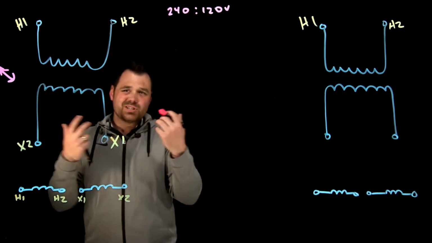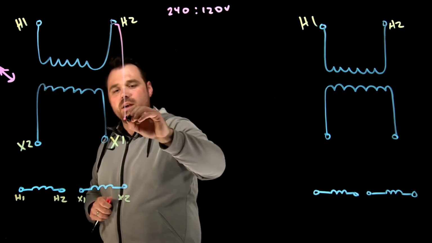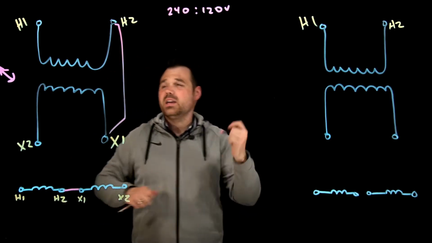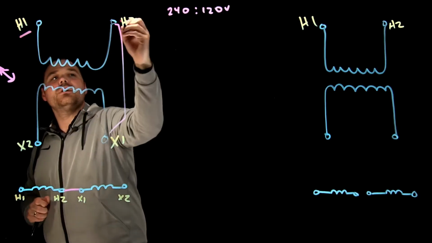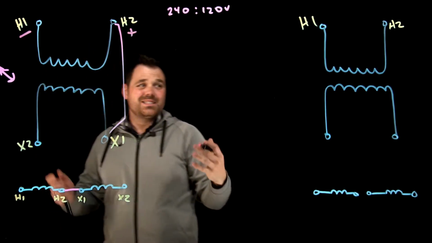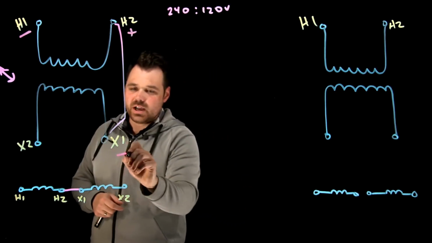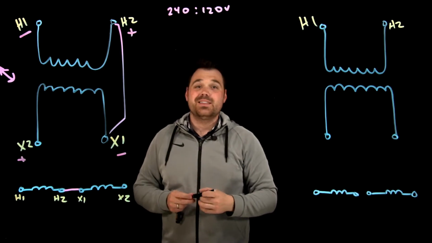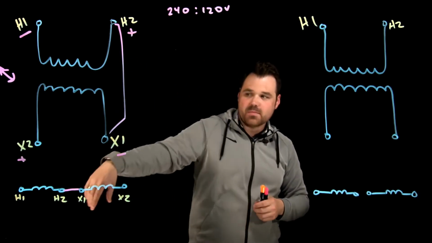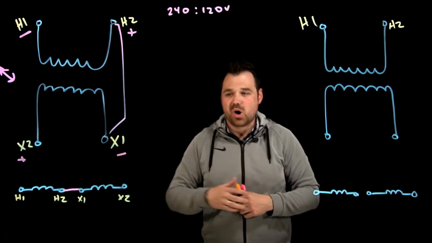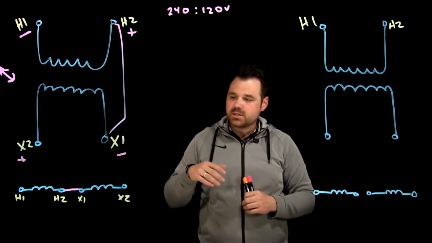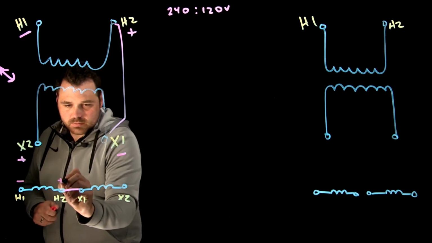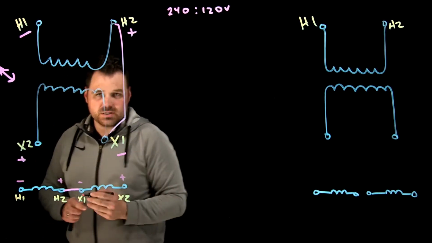And I've lined them up like that because what I'm going to do is say, hypothetically, if I were to connect them like that, put a jumper in there. Now we know our H1 is a negative, our H2 is a positive, and same thing, right? All of our odd terminals are negative, all of our even terminals are positive. And that's an ANSI standard, that H1 is in the top corner and all your even numbered terminals are positive. Of course, we're AC, but that's okay. So when I come down here, I've got negative, positive, negative, positive.